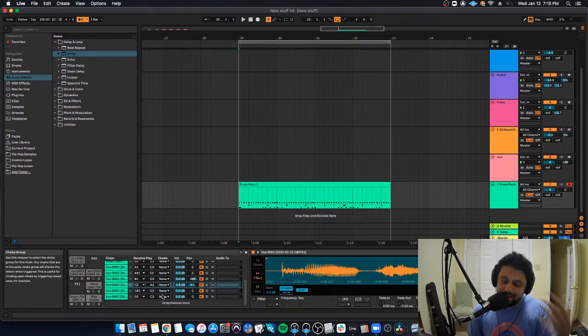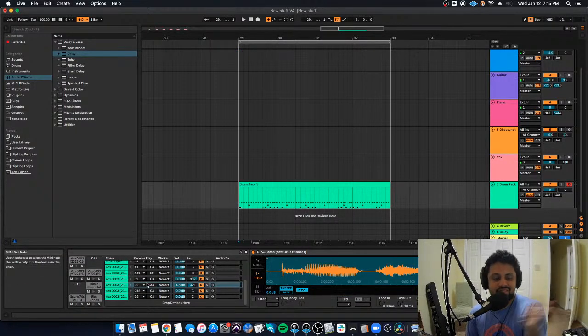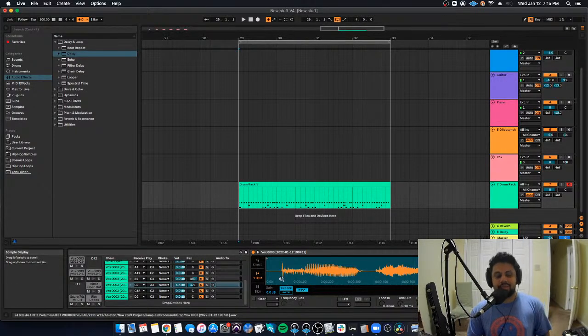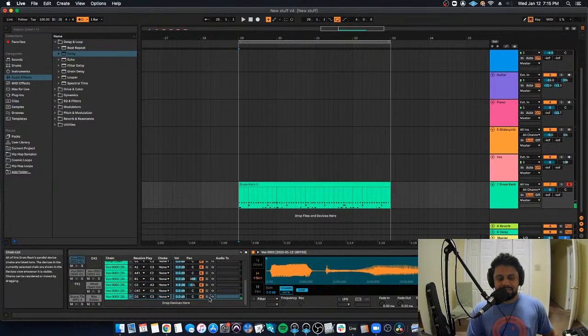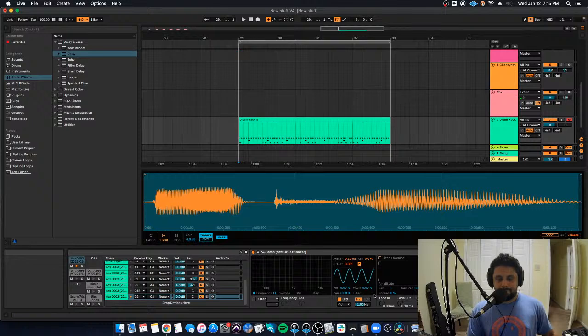You can change the pitch of the sample. You can change the actual clip, like the actual slice of the sample. You can add LFOs to the sample, right? If we take that sample again and go to the LFO section and then say, okay, I want to modify volume,